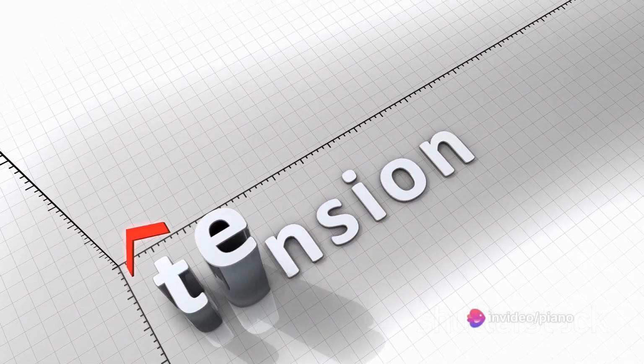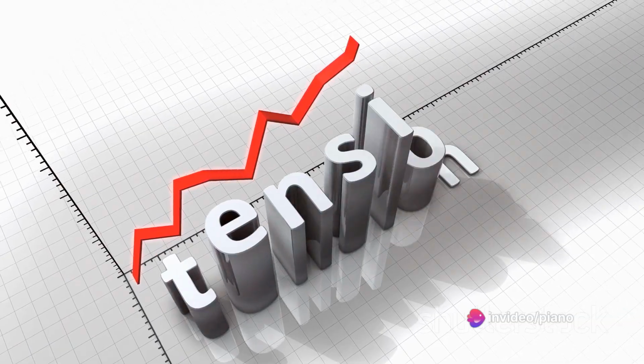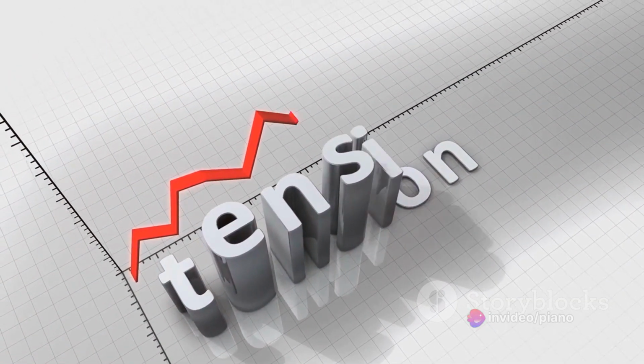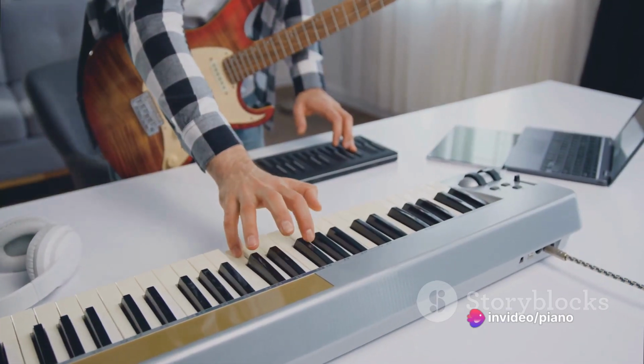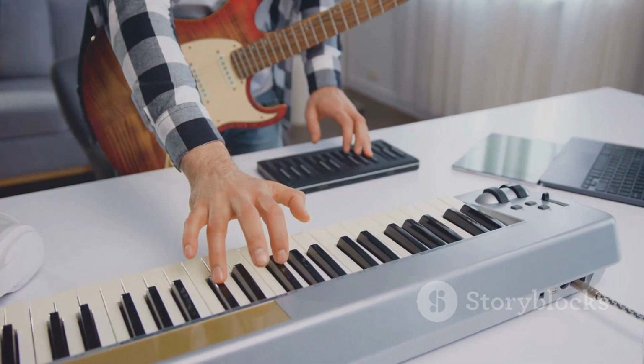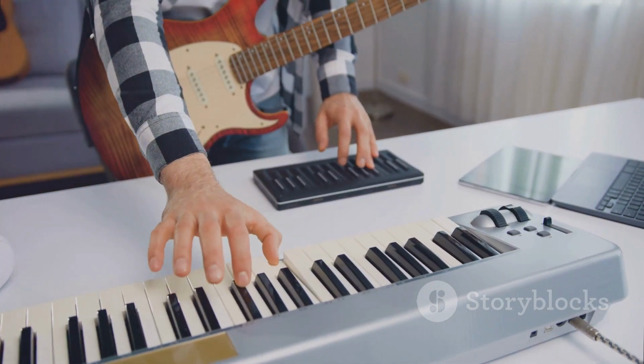These progressions are not just random sequences of chords. They have a purpose. They generate tension and release, which is the essence of music. The tension is built up in the II and IV chords, and the release comes with the I and V chords. This ebb and flow of tension and release is what drives a piece of music forward and keeps the listener engaged. So, chord progression forms the harmonic backbone of a piece of music, and different progressions create different musical